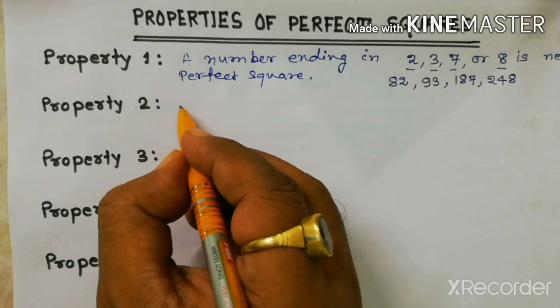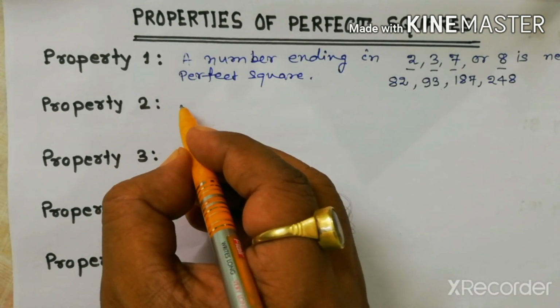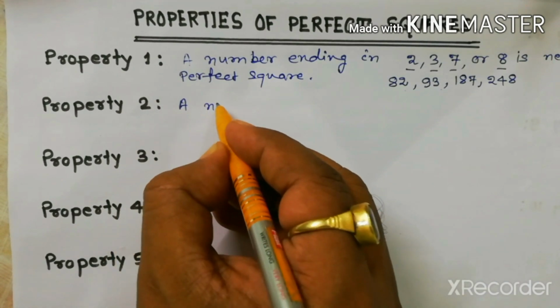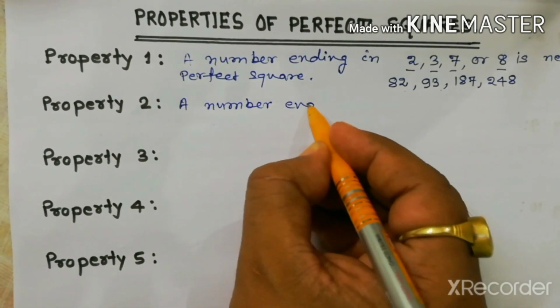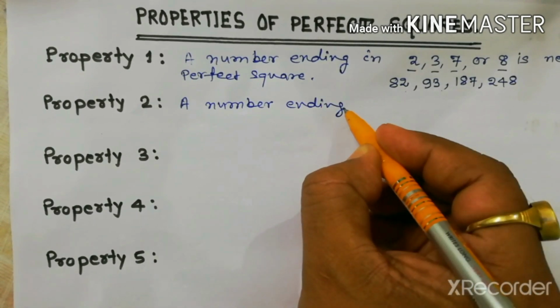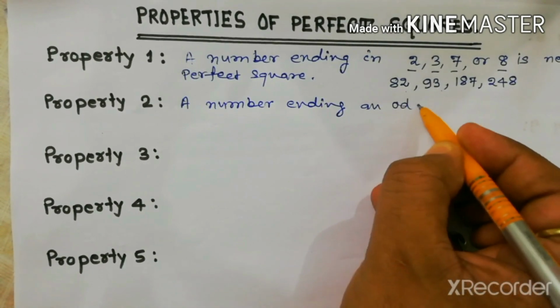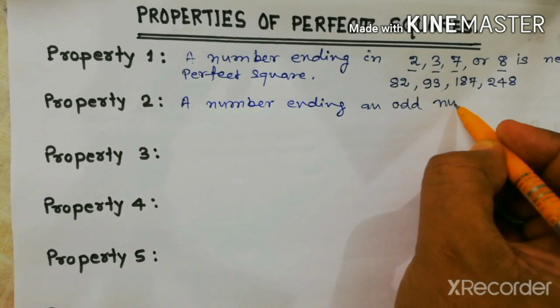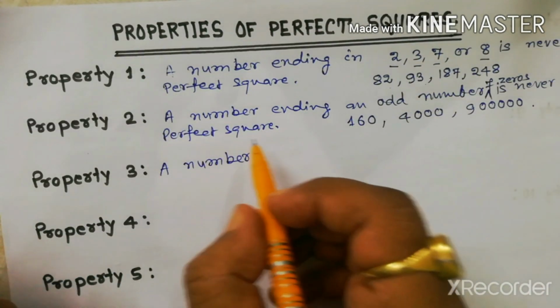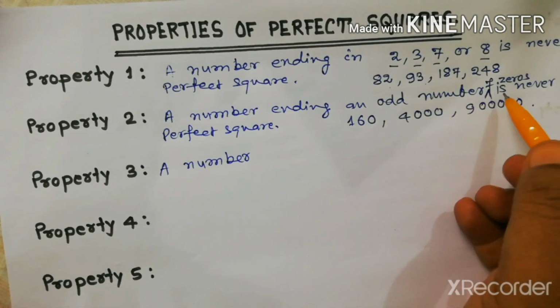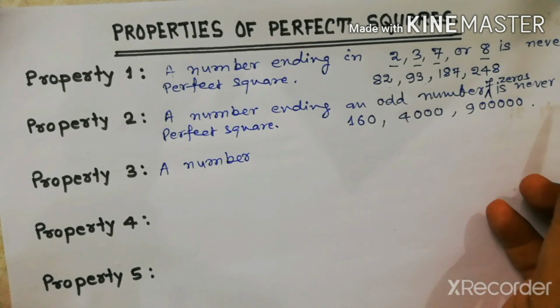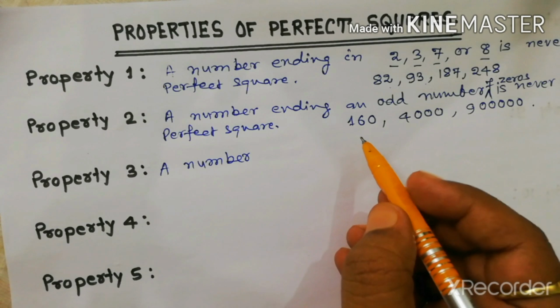Second property, a number ending in an odd number of zeros is never a perfect square. For example,